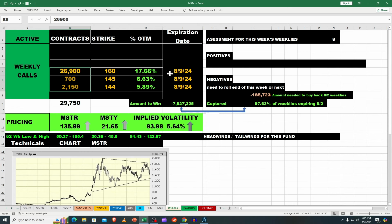There's a big impact on MSTR. And so the option traders have to do what I'm doing in the accounting. They have to realize that they're now dealing with a 145 option instead of a 1,450, and then their contracts went up by 10, but the math makes it exactly worth it, as it was before. But we only have one trading day to go, guys, and look at this: